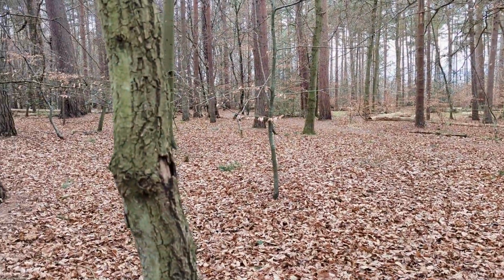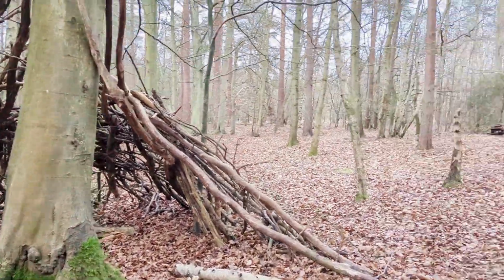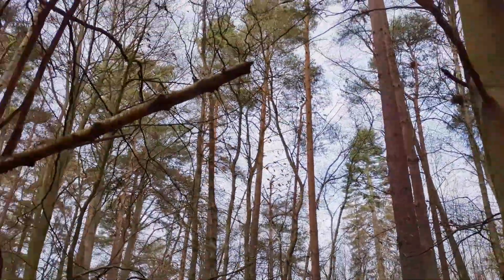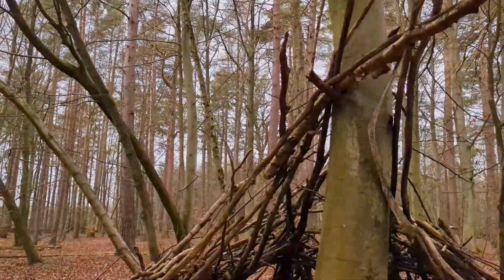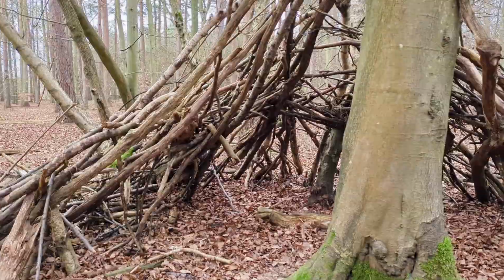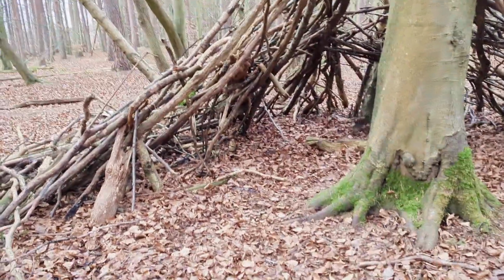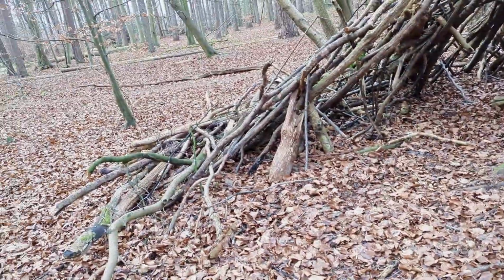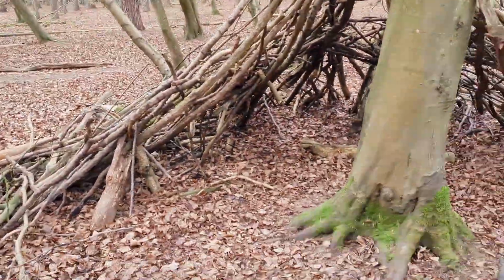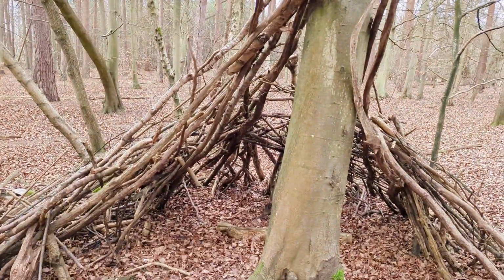So yeah, there's an awful lot to look around and see here, and you can imagine, because they're kind of all linked, it's not impossible to go from one to the other without having to get a bus. You could actually hike your way. You might have to go across some farmland and fields, but you could go from one to the other. It wouldn't be impossible. If you look at an Ordnance Survey map, you can see how the greenbelt would be